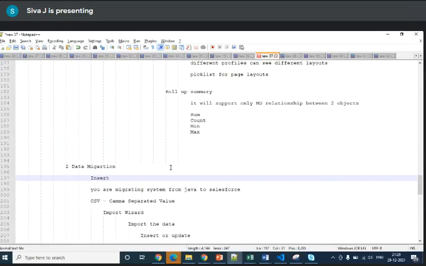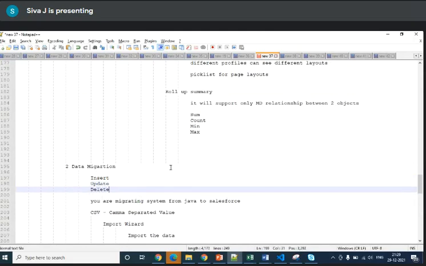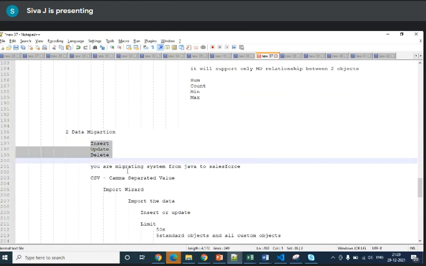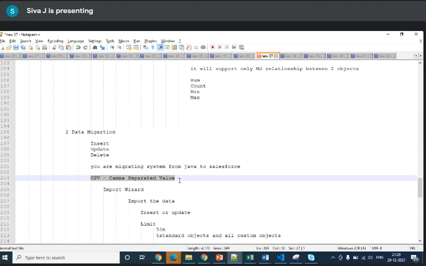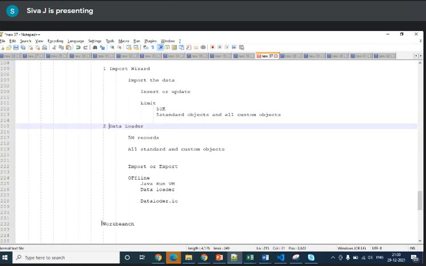It is insert yesterday. Today we can use update. If possible, we can also try to do delete. Remember, if you want to do any of these operations, you require a CSV file. You should have a CSV format file. On that file only you can update, import, export, whatever you can do. Those files you can use in tools like Import Wizard, Data Loader, or Workbench. It depends on the requirement.